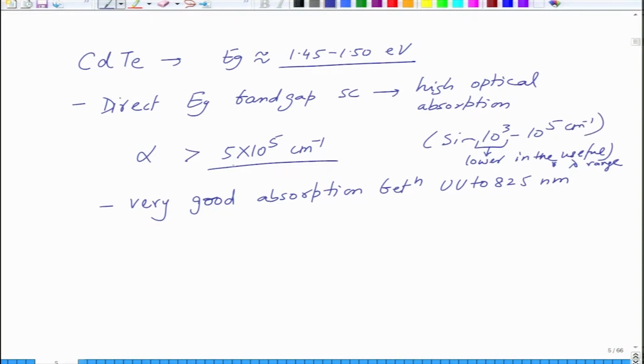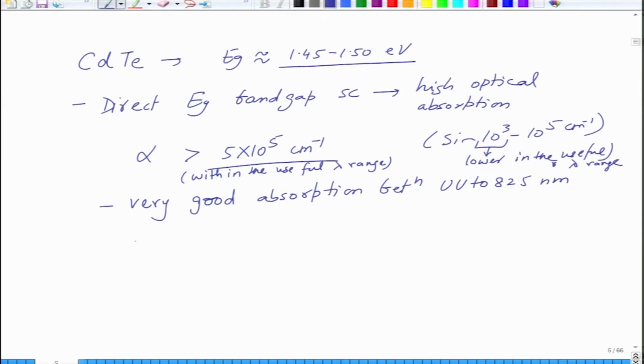So, gallium arsenide has a very good absorption coefficient within the useful range. You can say it is within the useful lambda range, that is from UV to IR. So, now let us look at